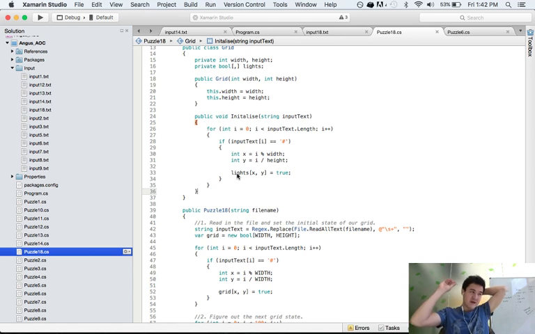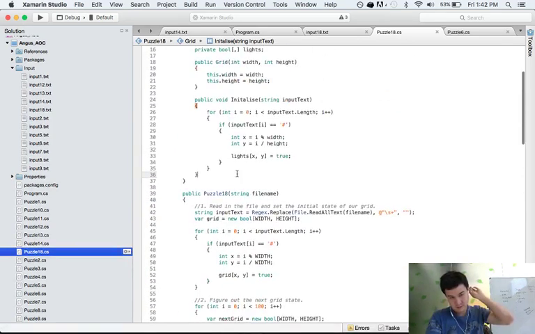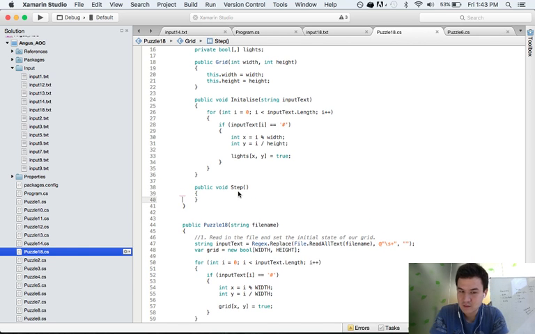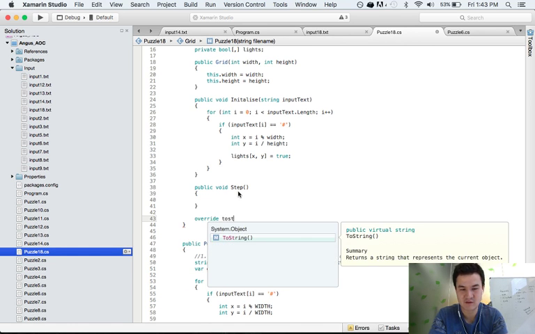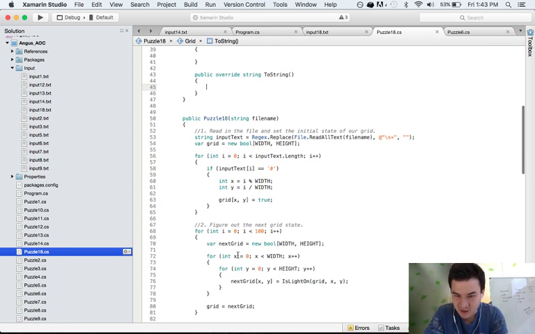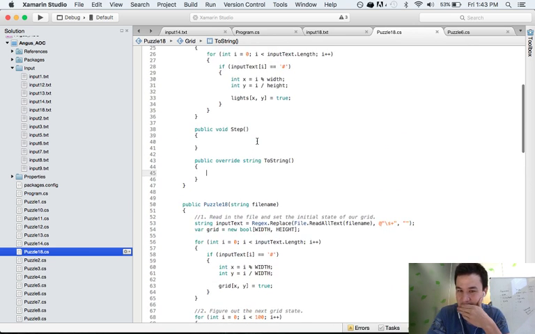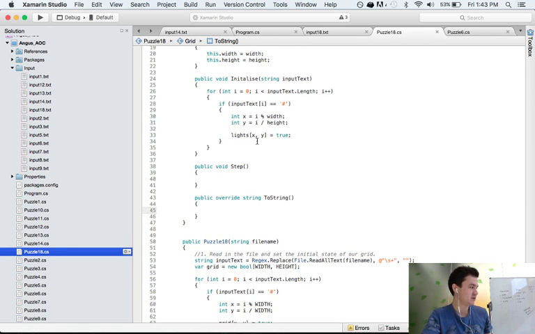Okay, so we've defined a 6x6 grid. We pass in this input, and then what does he call it? We'll just call it step. So public void step. And then we should also make a toString. Public, no, it's override toString. We can use this for debugging because looking at values is not helpful in this case. The toString is just going to be, if it's a hash, put in a dot. If it's not,